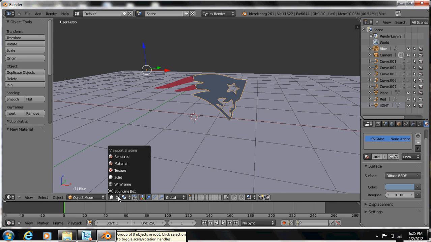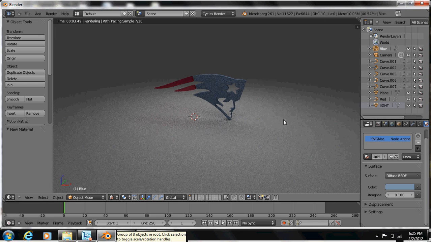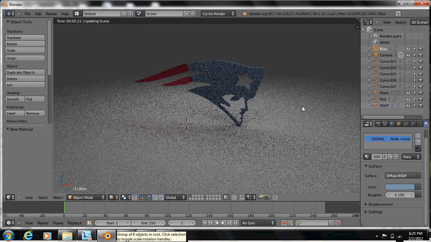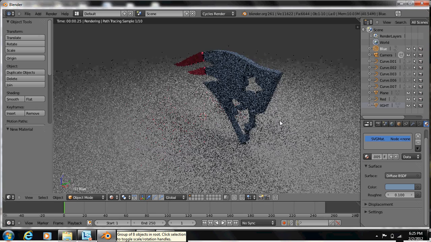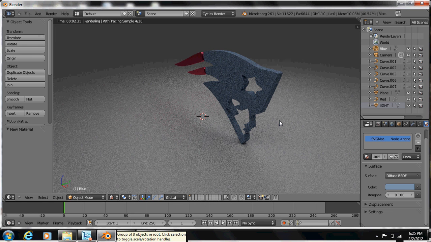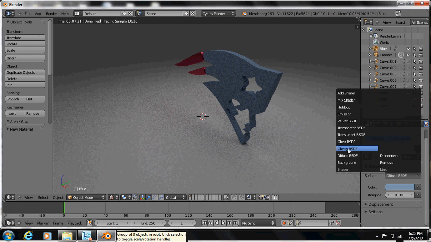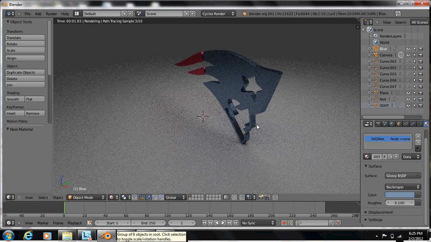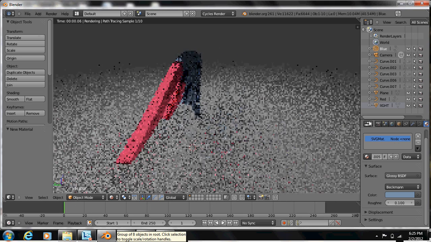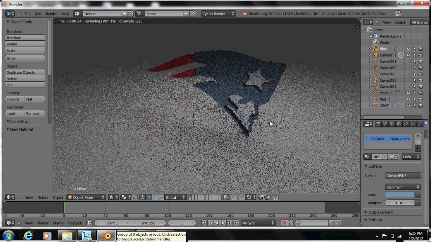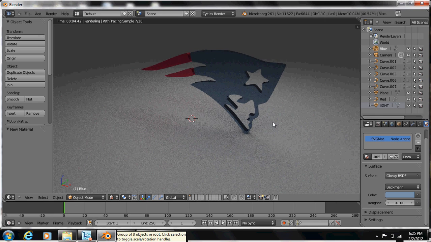and then we'll go to the rendered mode. And as you can see, we got a nice little 3D logo here. And you can change whatever you want. Actually, let's make this into a glossy. And so yeah, with this technique, you can do whatever kind of 3D logos without having to do any